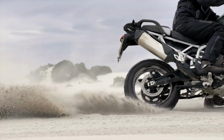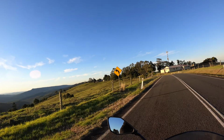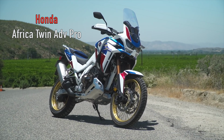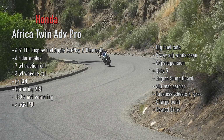Now let's talk about features. Both of these bikes are very well equipped, and there are a range of different accessory packs available as well. As we are looking at the Pro versions of both these bikes, the list of features is very long for both. The Honda's standout features include a big 6.5-inch TFT display with Apple CarPlay and Bluetooth connectivity, 6 rider modes,